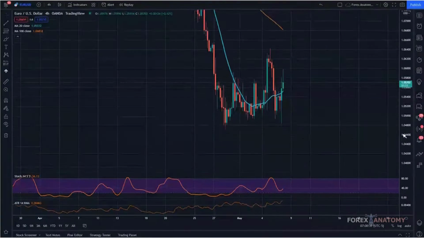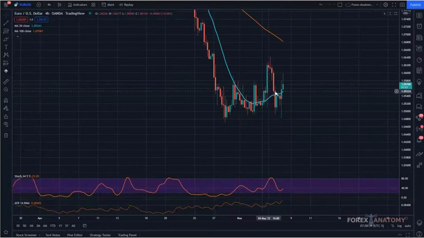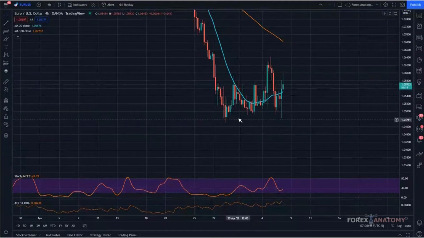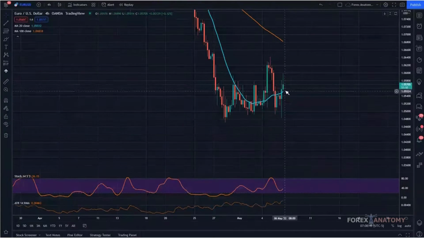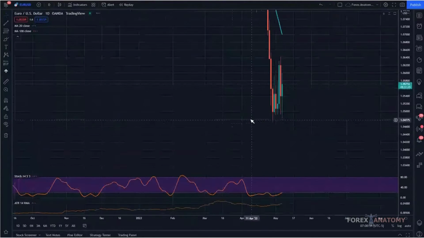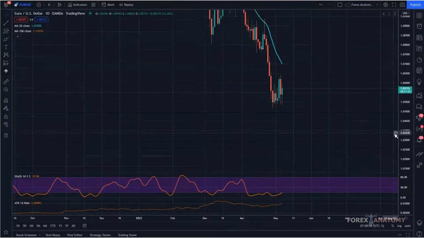and the 4 hour shows range bound activity, but the 20 SMA is cycling upwards or sloping slightly to the upside. So I'm sort of neutral but slightly bullish. But let's see what the daily says. Okay, now the daily is definitely